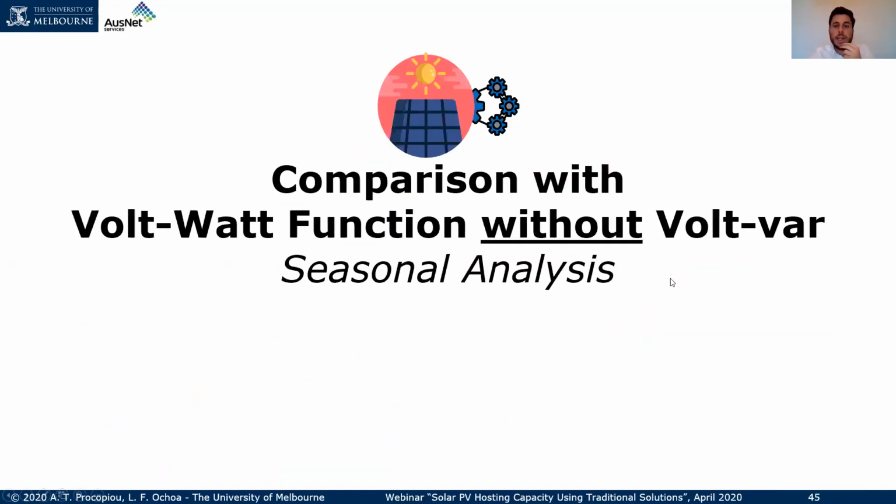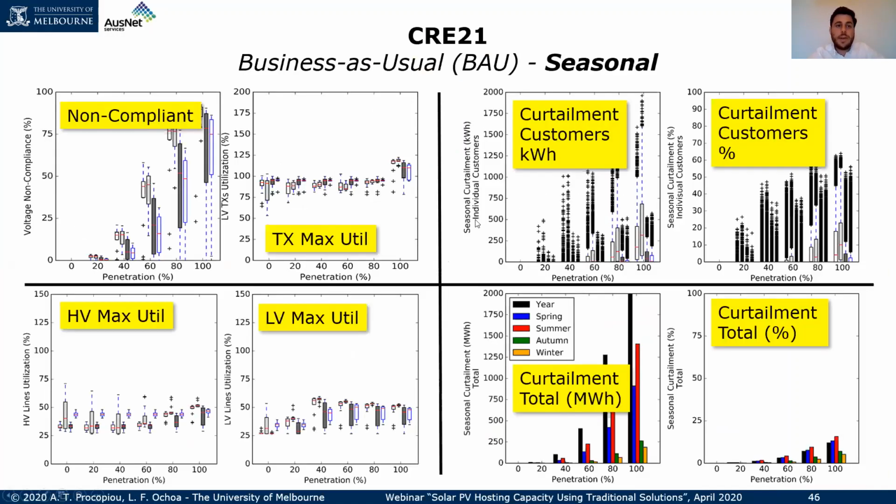Now let's see the comparison with the case where we didn't have the VolVar function enabled. This slide shows the same results, but without VolVar enabled. Clearly, you can see the number of non-compliant customers dramatically increasing through the penetration level. Here we are talking about the worst case scenario, about 90% of these customers facing technical issues, as compared